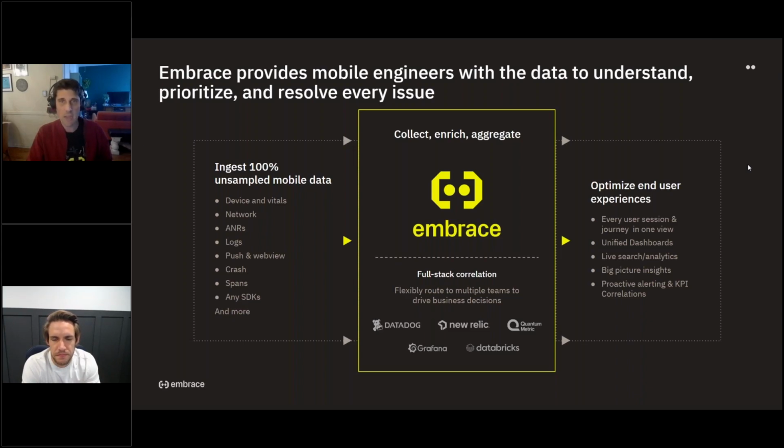What that means is anytime a user uses your app, we collect the entire user journey, every network call that happens, every log, every device state change, whether they're connected to Wi-Fi, whether they're running out of memory, whether the CPU is pegging, all that data, so that no matter what the issue is, you have complete data to understand, prioritize, and resolve any issue. You can think of it as if the focus of Crashlytics is on solving crashes and errors, Embrace's focus is on optimizing your entire user experience. And we'll get into more later.